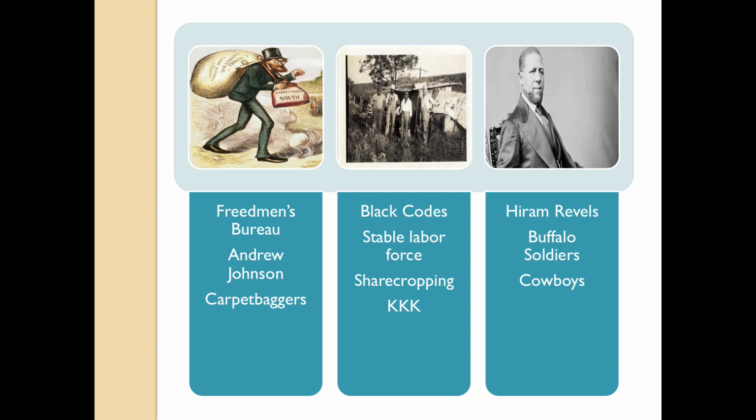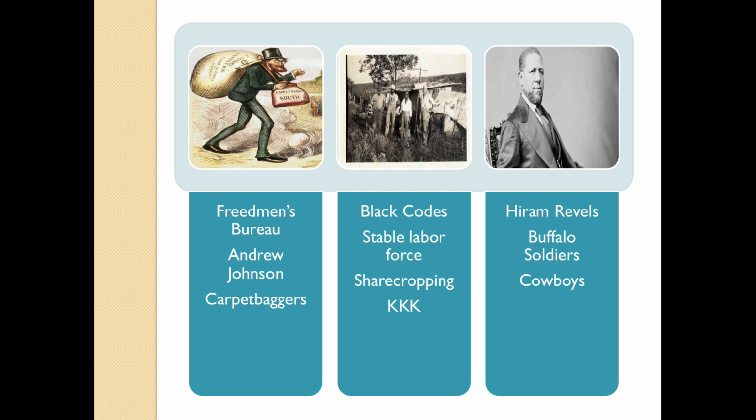He shared a portion of it with the white store owner, and then barely had enough crop left over to feed his family. Never enough really to get himself out of debt. So every year he would have to start over and over and over again. So this was a perpetual cycle of a form of slavery.